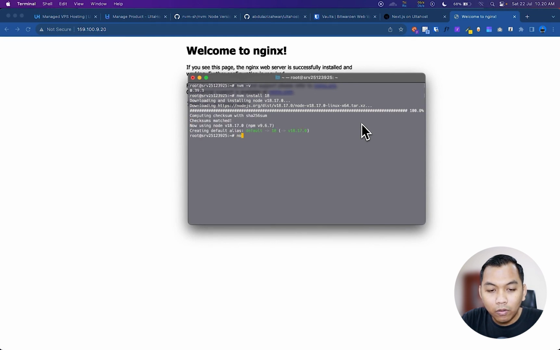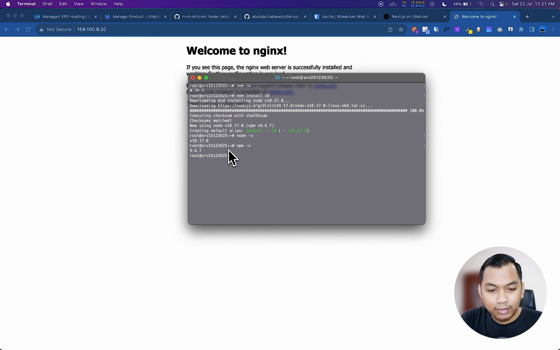And now when we say node -v, we will see my Node.js version is 18.17. And the important one is npm -v, 9.6.7. Alright, so I have successfully installed nvm, Node.js, and also Node Package Manager.